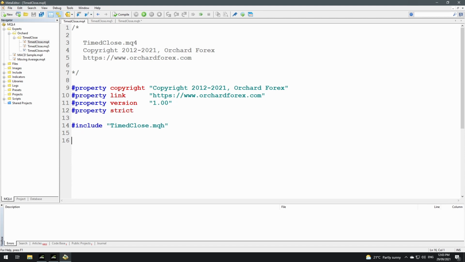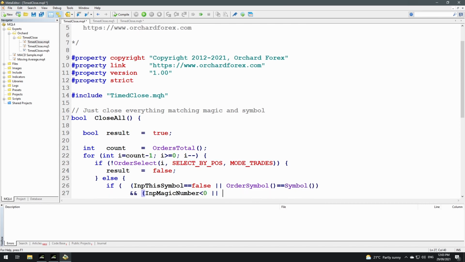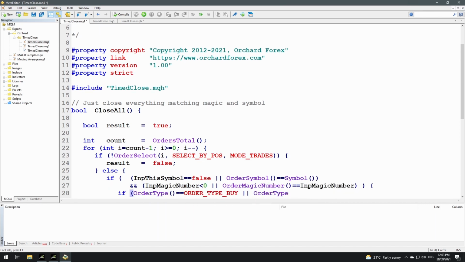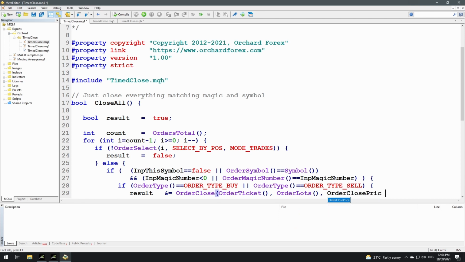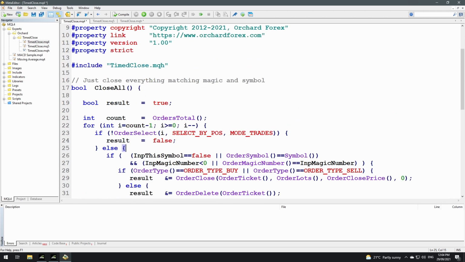So beginning with Metatrader 4, I just typed in the whole thing at once. The close all function is a boolean. I first set my result to true, which is what will be returned. If nothing goes wrong, then this will be true at the end, and I'll be returning a true value from close all. The orders total function in Metatrader 4 gives me the total number of trades and stop and limit